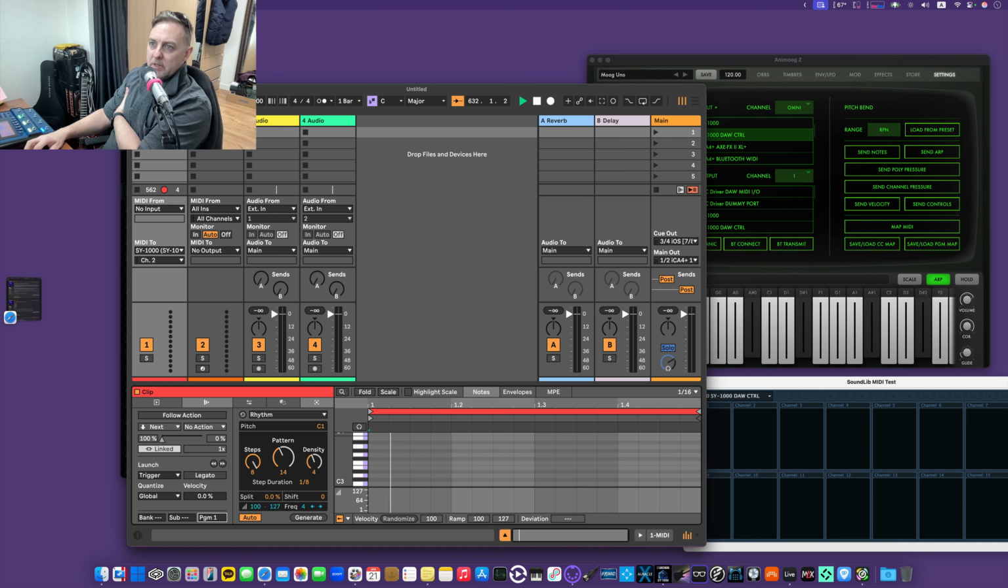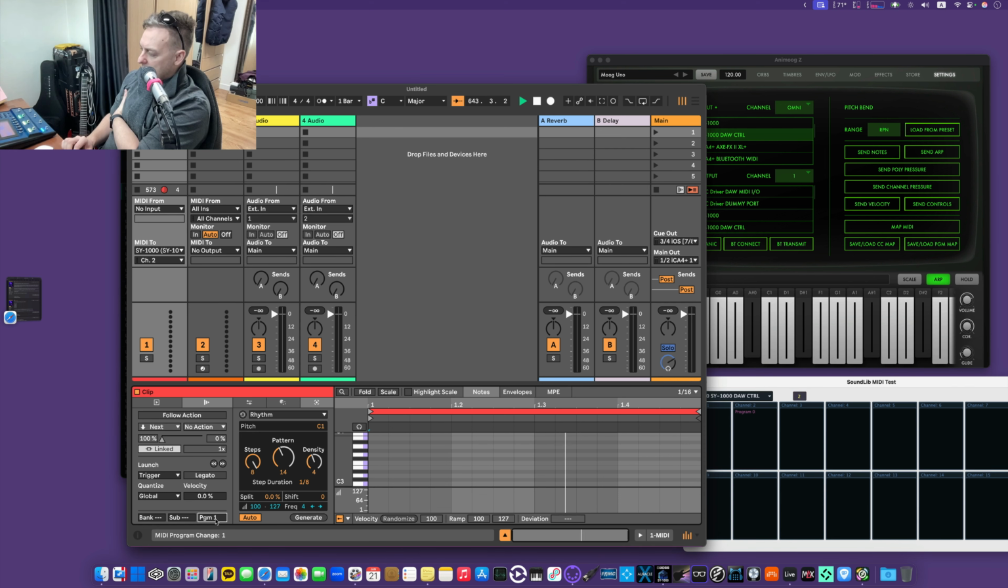Now, I'm here in my DAW. I've set up a program change sending clip in Ableton Live. I'm sending to the SY1000 DAW control port on channel 2. Okay, now when I send this message to the SY1000,